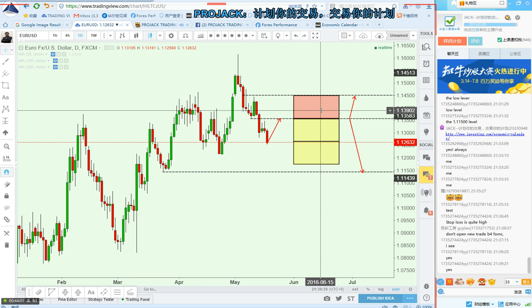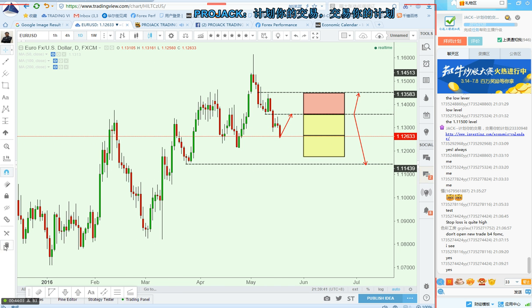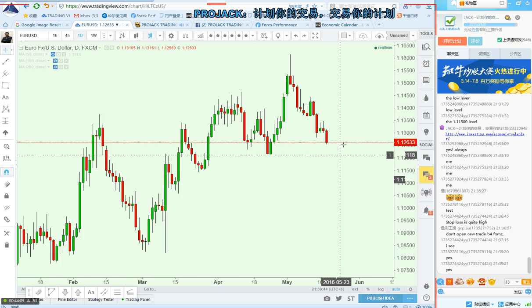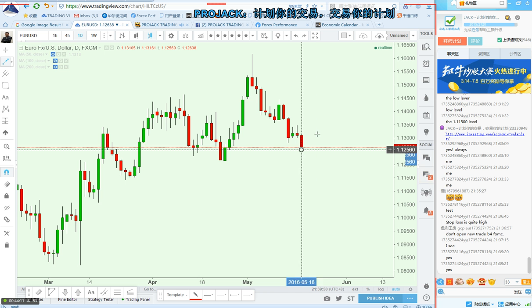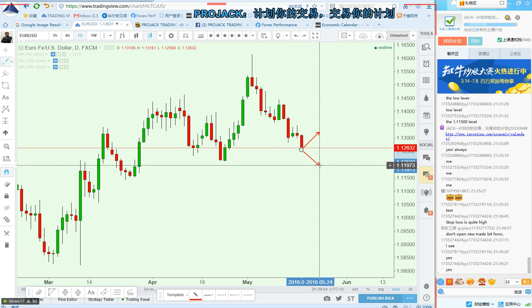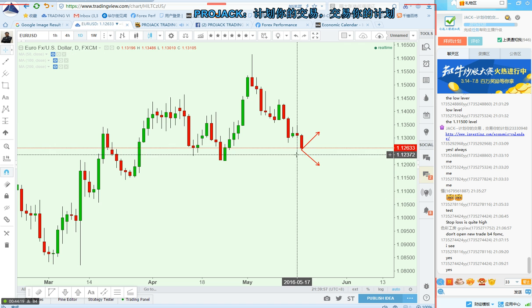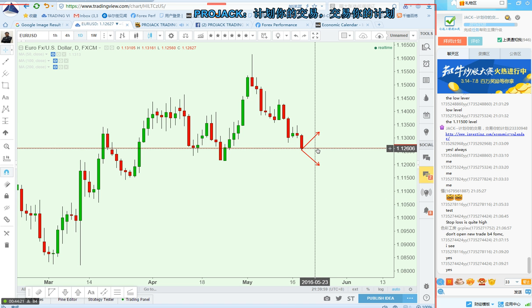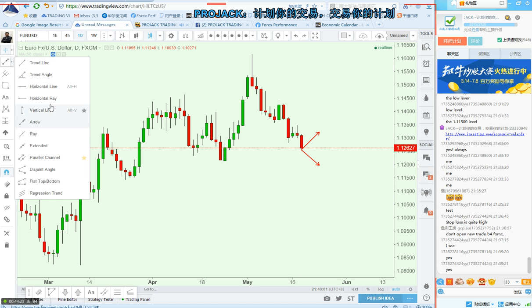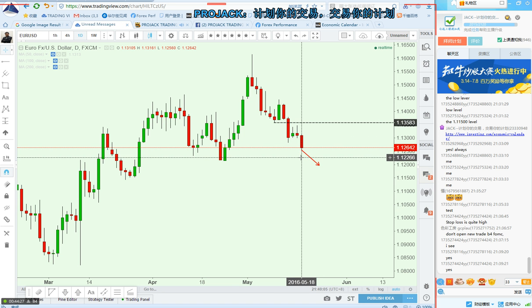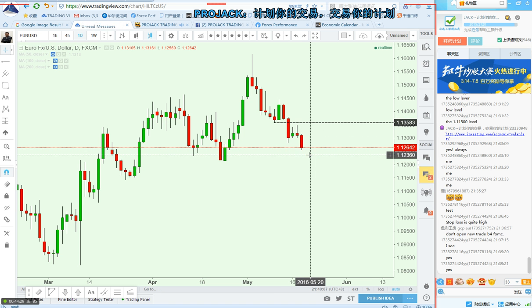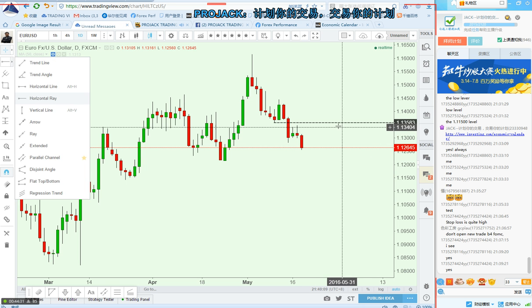enter the market. A lot of people are always asking themselves, now the euro is at 1.1260, do I buy or do I sell? They always want to make a market price order. Then it's very difficult, because for a good level to enter, you need to be patient. You need to be patient to wait for it to come back and short.